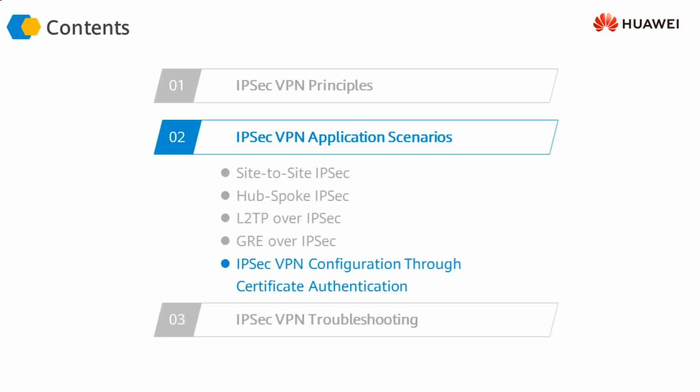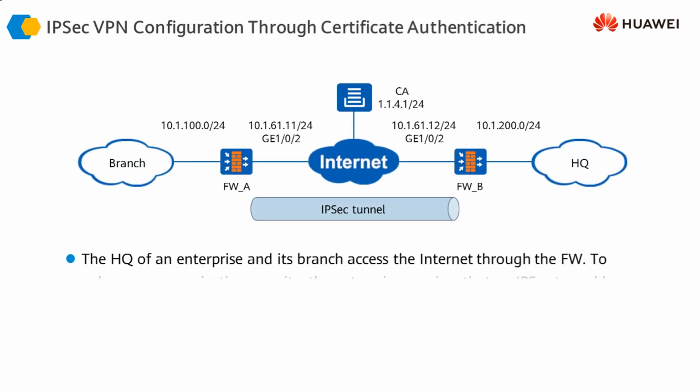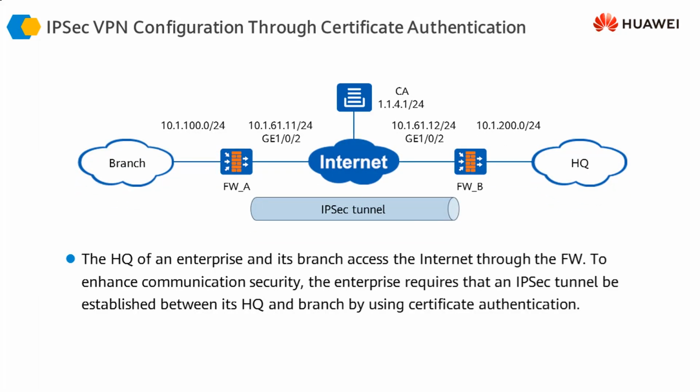In this video, we are going to look at the IPsec VPN configuration using certificate authentication, or using a certificate authority, or CA. In order to do IPsec configuration using CA, the concept is slightly complicated, slightly difficult to understand. However, we'll try to make it as simple as we can.